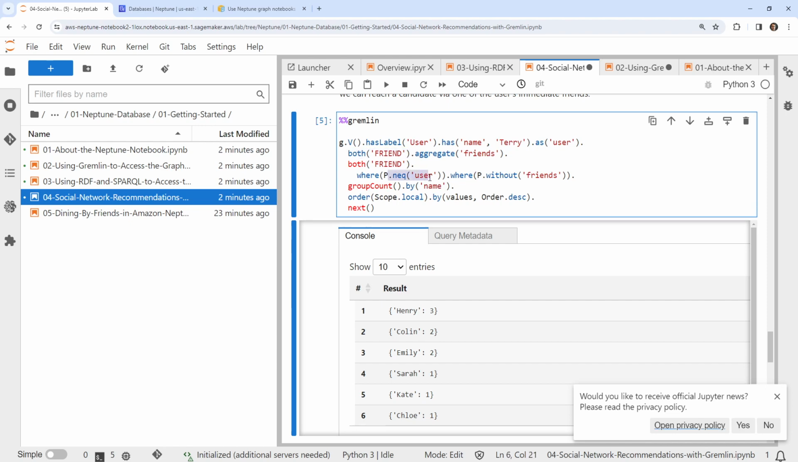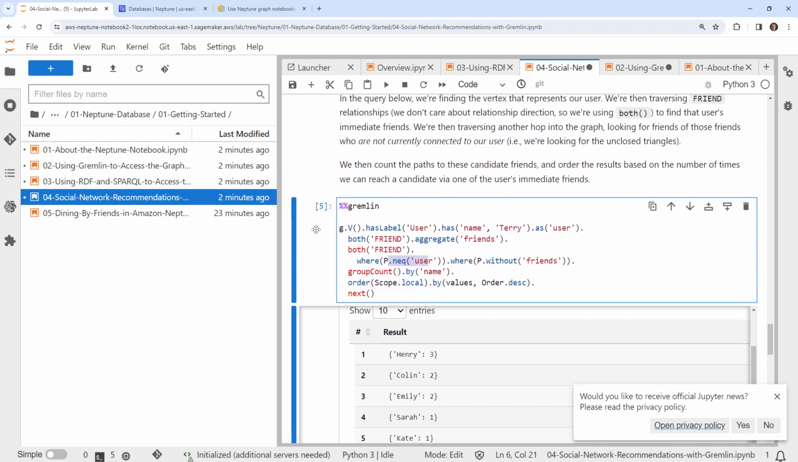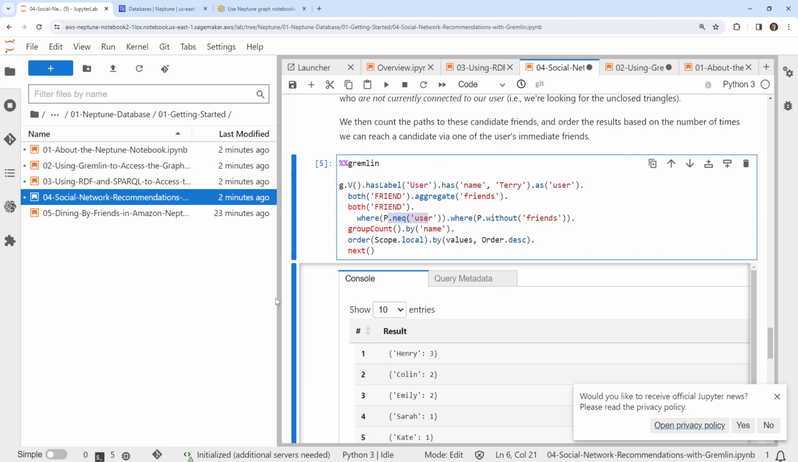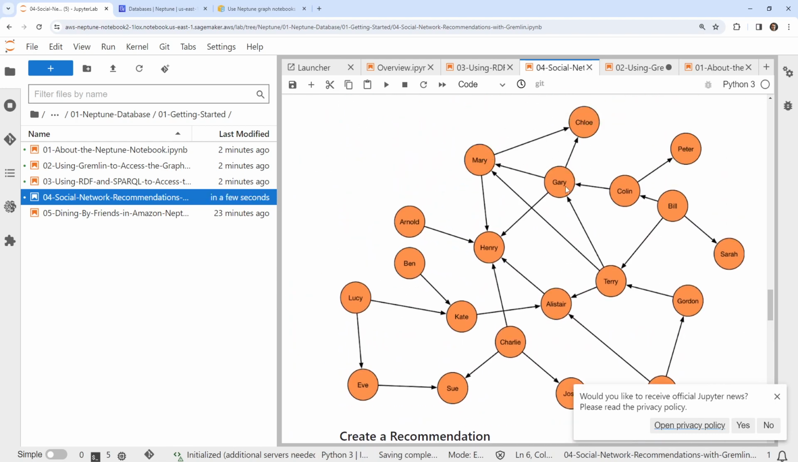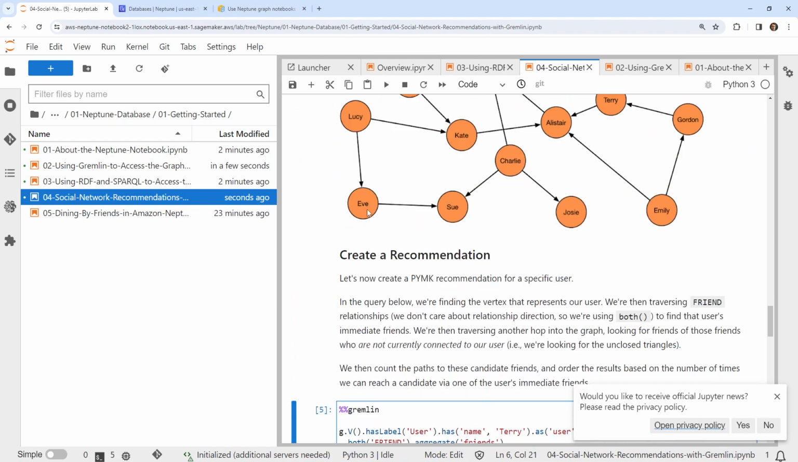Okay. So if we go here, it seems like it's making a recommendation based on who's friends with Terry, right? And so these are their recommendations of this. So if we went back up to this graph and we looked at Terry, if we can find Terry, we have Henry over here, Alistar, Gary. Okay, so